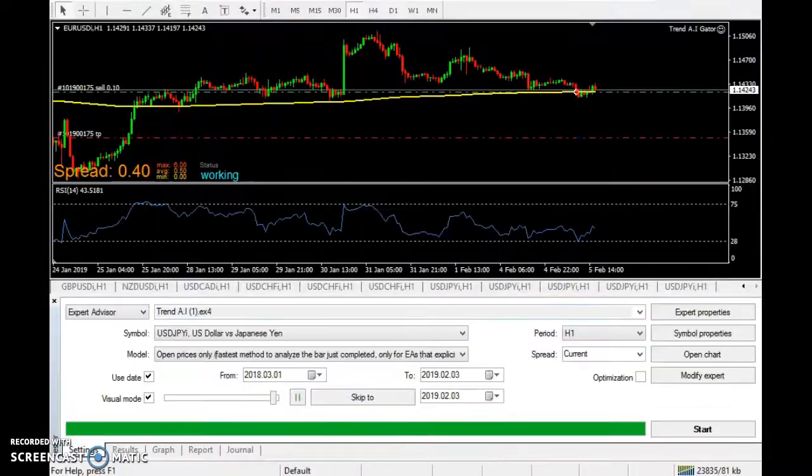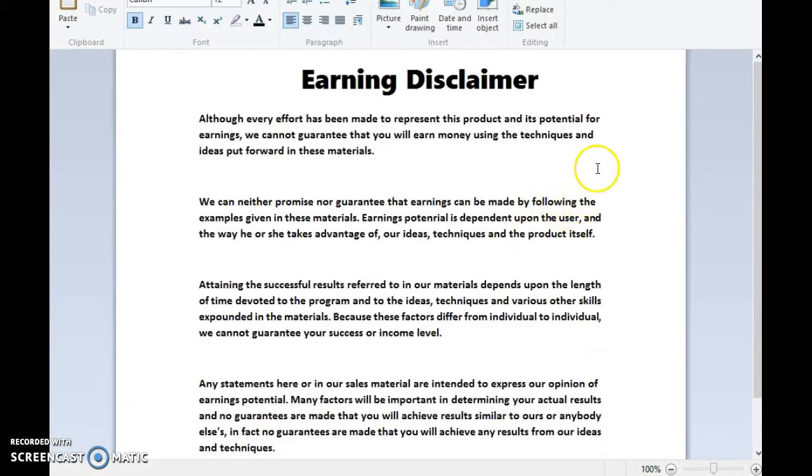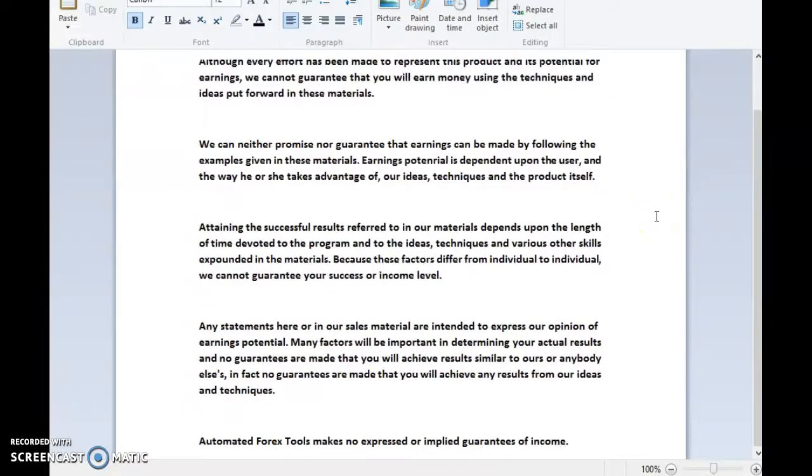Now I also have an earnings disclaimer that must be read as well. Although every effort has been made to represent this product and its potential for earnings, we cannot guarantee that you will earn money using the techniques and ideas put forward in this material. We can neither promise nor guarantee that earnings can be made by the examples given in these materials. Earning potential